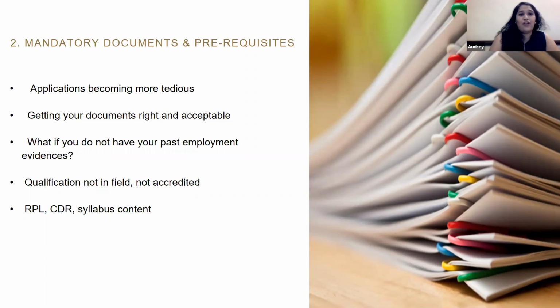There are more supporting documents needed. There's more evidence needed. So it's important to make sure you get your documents right and acceptable according to the different authorities. What works for authority A will not work for authority B, right? So you really need to know how each authority operates, okay? Some want it color scanned, some want it certified and not color scanned. So you really need to do that properly.